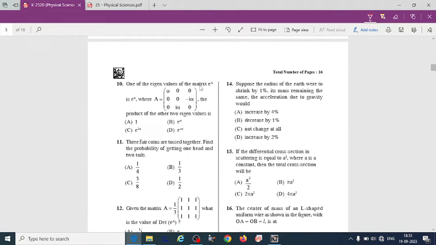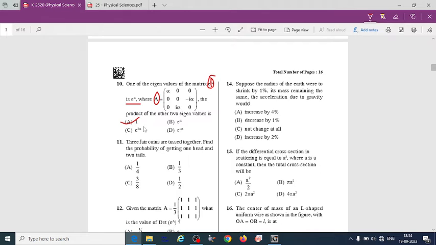One of the eigenvalue of the matrix e to the power A is e to the power alpha, where here e to the power A is there. So the value of A has been given. Just you can find out the eigenvalues of this matrix, then the eigenvalue of e to the power A you can get. So the correct answer is